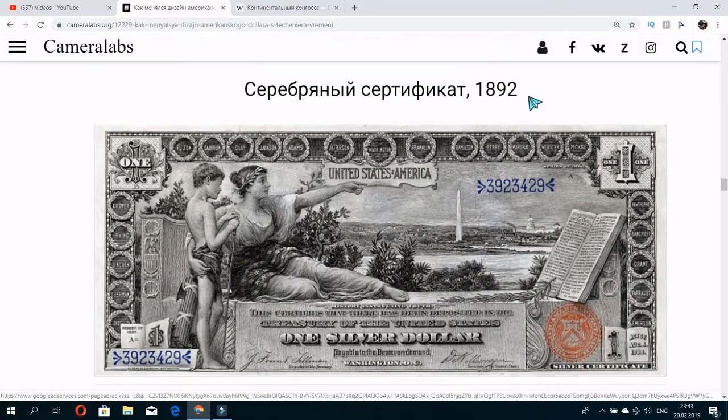Also the silver certificate, 1892, also antique design, the fasces here, the eagle here. Okay, the column and the Capitolium, all this symbolize the new Rome. So who wanted to multiply